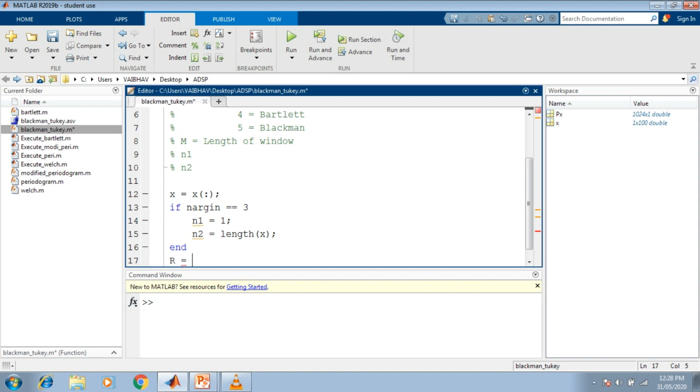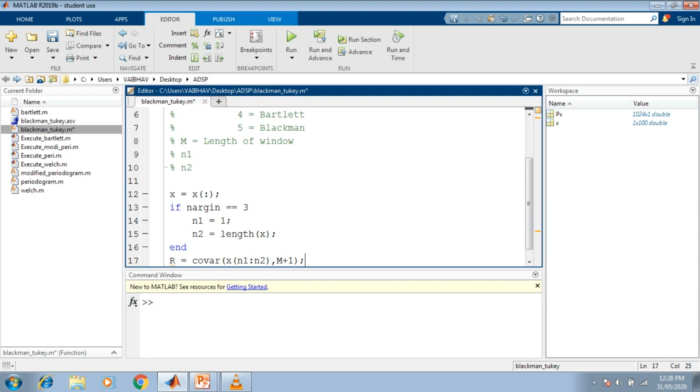We can take the help of the function covar, and to this function we provide the input arguments: first of all the x, whereupon the range n1 to n2 is to be operated as we have defined in the previous steps, and capital M plus 1 is also an input argument for the generation of this covariance matrix.